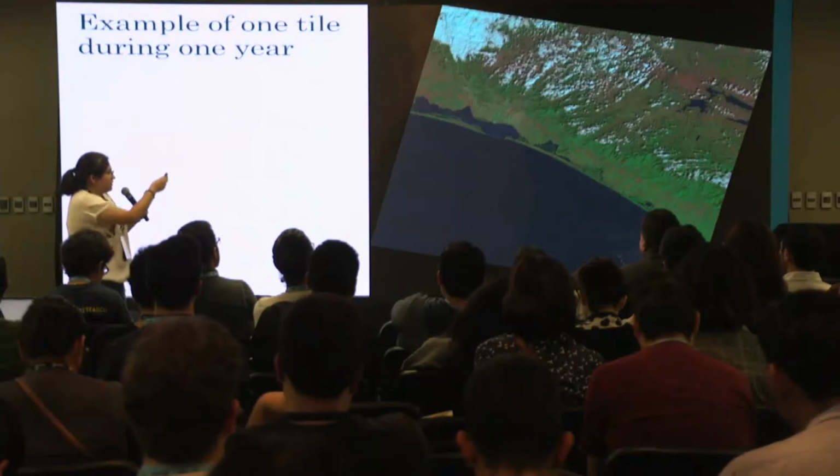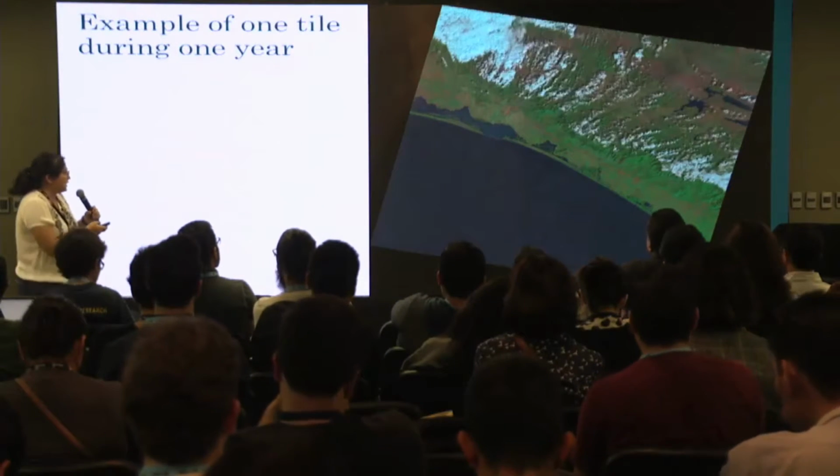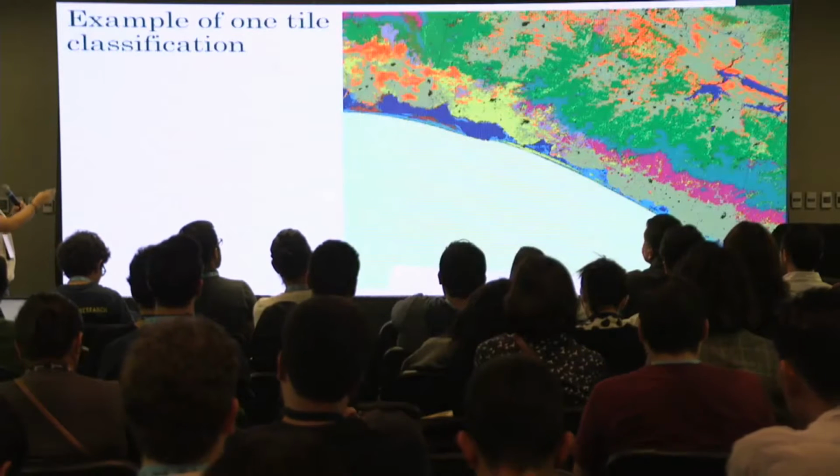And here is an image, for example. This is one tile of a satellite, and as you can see, the sun on the north changes its colors throughout the year. These are images of the same place during a year, and there are clouds, there are shadows, changes of the colors, and all those things. And well, this is the example.